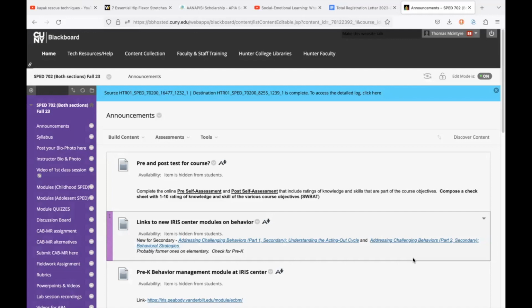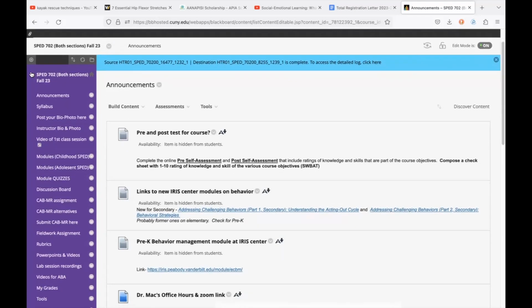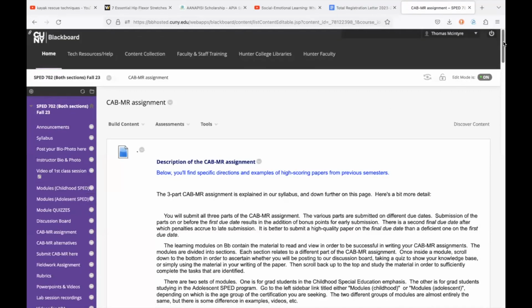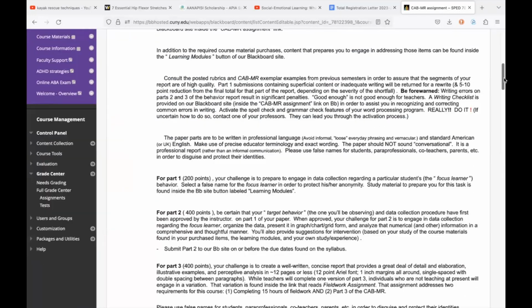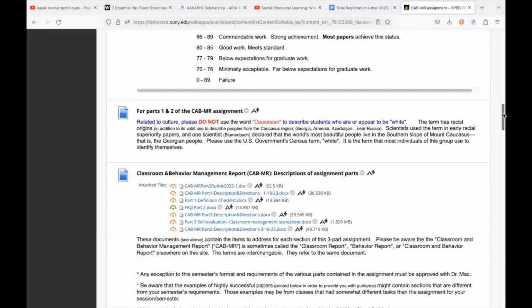There we go. And just to follow up on that slide, and then we'll address the question. We go to SPED 702, scroll down that left sidebar, and there it is, CAB MR assignment. We click on that, and that'll take us to the description, a little bit of the generalities there and the scoring.